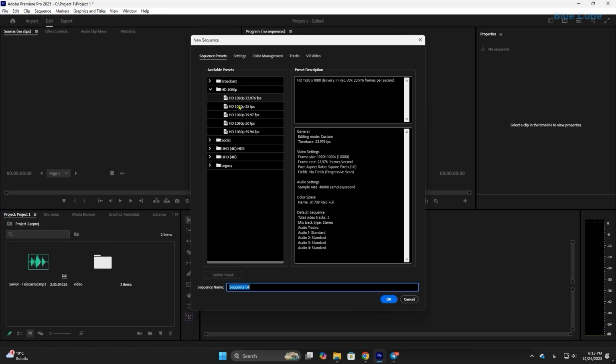In this window, you can select ready-made sequence presets and click OK to create a sequence with those settings. For example, to create a full HD sequence, you can use these presets with different frame rates. If you want to create a 4K video, you can also use these 4K presets. However, in most cases, we go to the Settings tab so we can create a custom sequence with our own